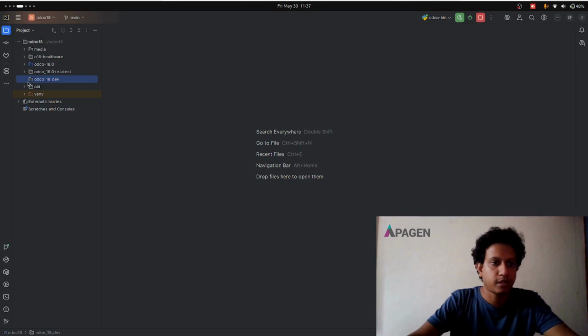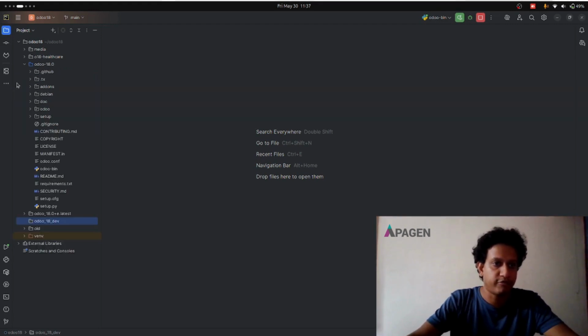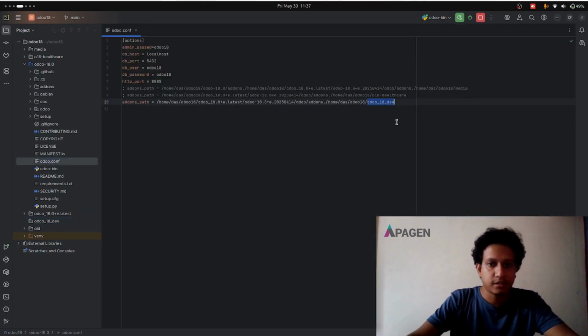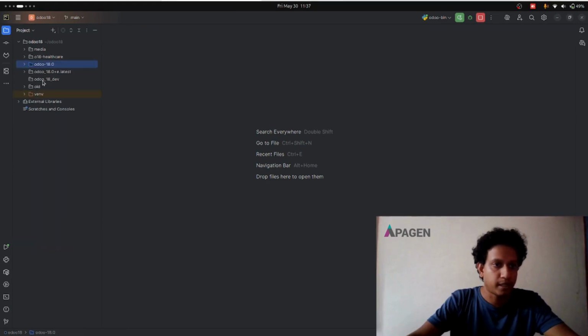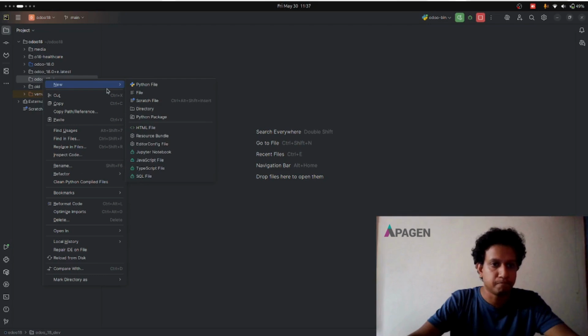So here I have given odoo_18_dev as the custom add-ons path. Inside this folder we are going to create our custom modules, and I have already defined this path in the conf file. For the add-ons path I have defined this as my custom add-ons path. So let's go back and create a module